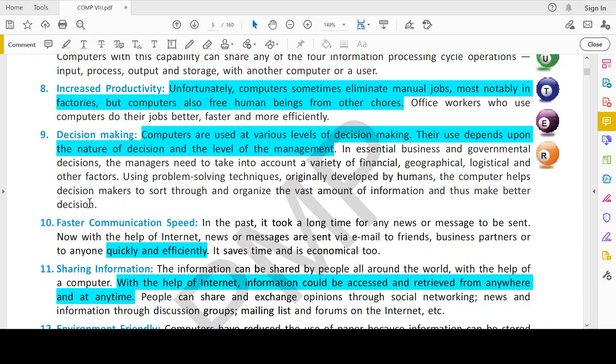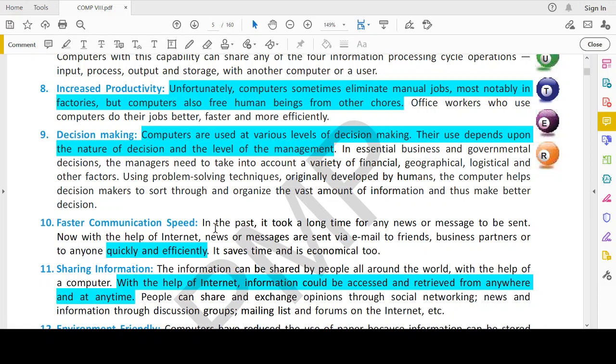So, there are long steps of taking decisions and there are few parameters. So, softwares have been made so that if you give the input parameters to the software, it will give you the result and it will help you in decision making. Maybe you have to calculate long steps to generate that result. So it is also helping the managers at different levels of a company for taking decisions. Okay.